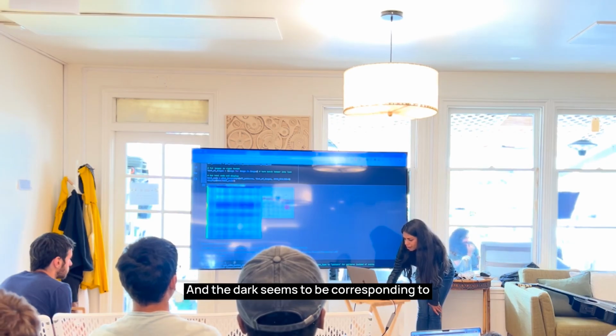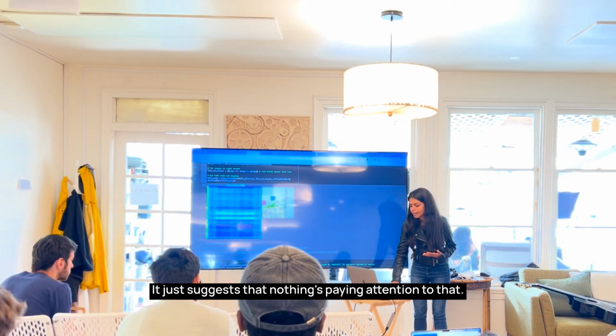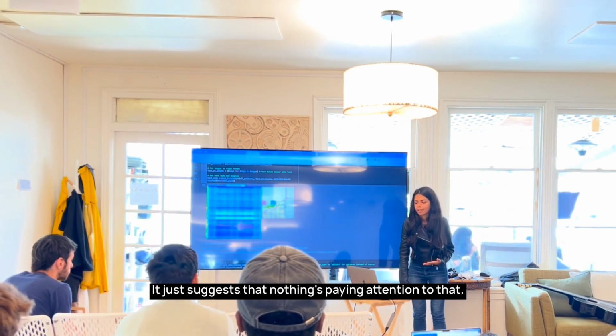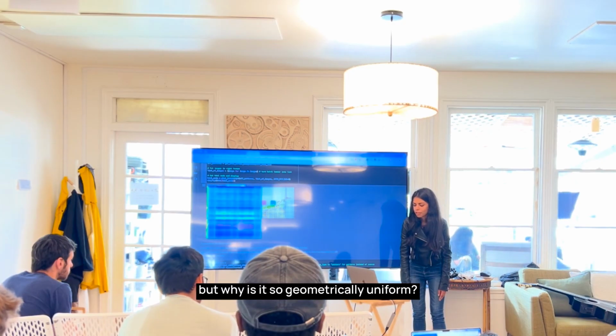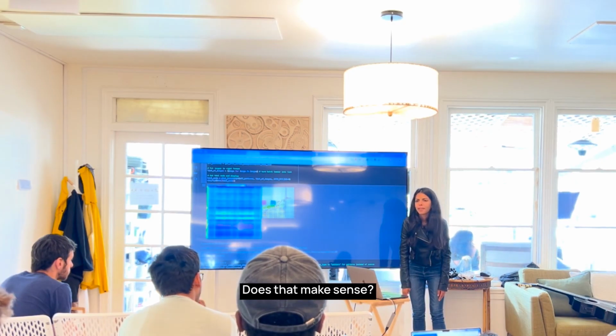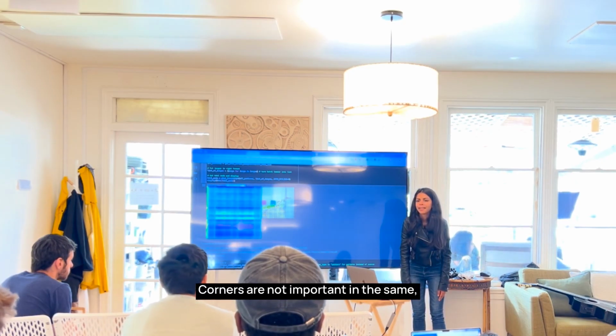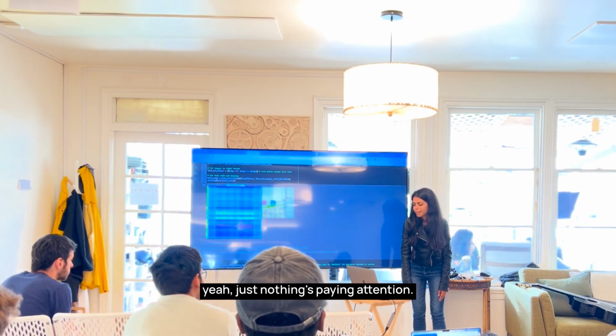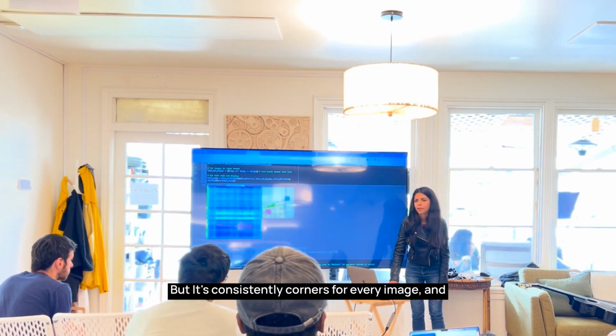And the dark seems to be corresponding to suppressing whatever the object is. It just suggests that nothing's paying attention to that, right? But why is it so geometrically uniform, if that makes sense? The corners are not missing, yeah. Nothing is paying attention to it, but consistently corners for every image, and